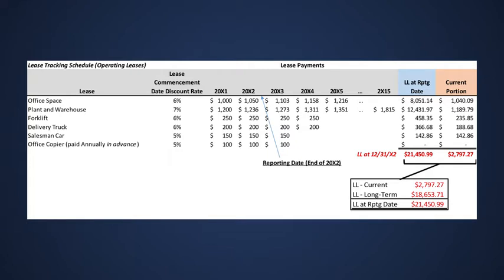In the table, you can see each of Smallco's operating leases. This is the same operating lease tracking schedule that would be used to compile the information for the disclosures under current GAAP, that is, under Topic 840. The only changes made to this schedule are to maintain the commencement date discount rate, the calculation of the total lease liability at the reporting date, and the current portion of the lease liability at the reporting date.